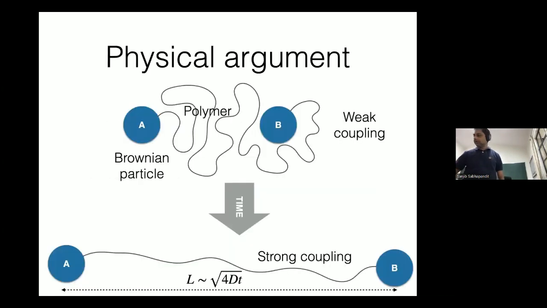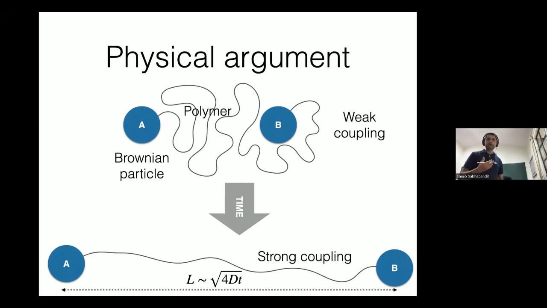Before starting, let me give a physical argument why we expect the fluctuation theorem to be violated even in this delta going to 0 limit. Imagine that you have two Brownian particles connected by a very long polymer. If these particles are close by, this polymer is very loose, and so the fluctuation of particle B doesn't affect the fluctuation of particle A. So these two particles are basically like weakly coupled particles. In this case, if you consider the fluctuation of the entropy production for particle A, what you will find is that it's going to